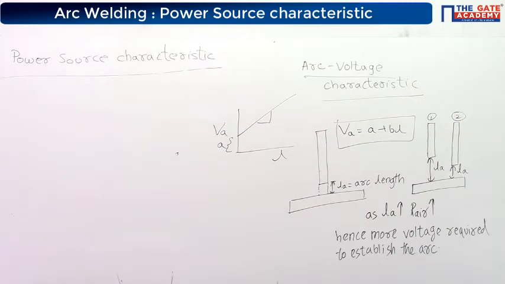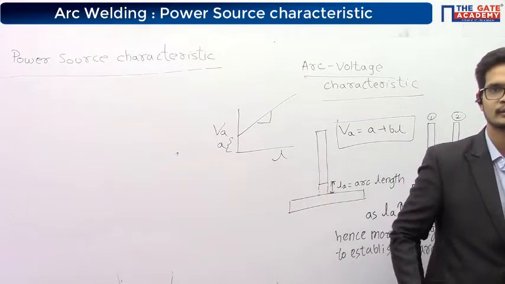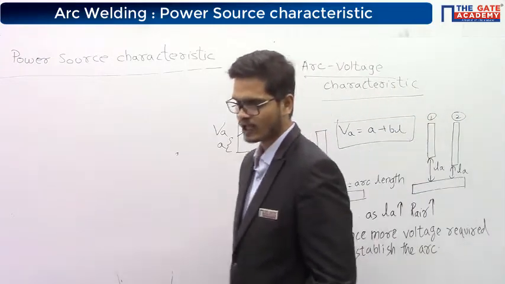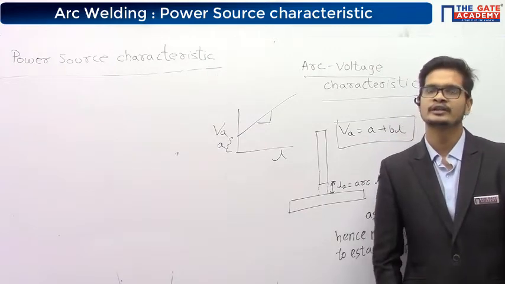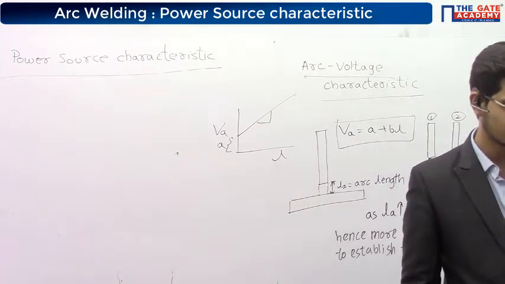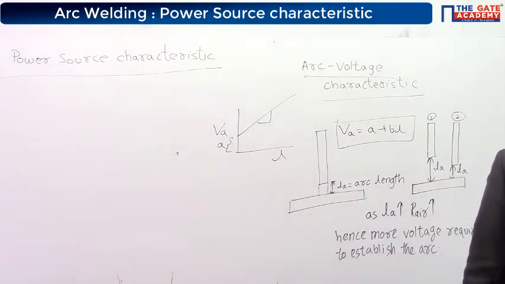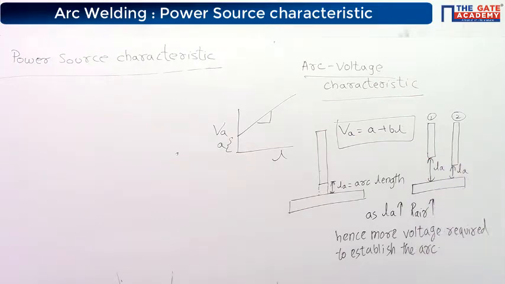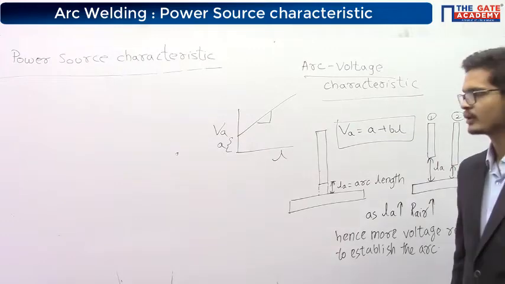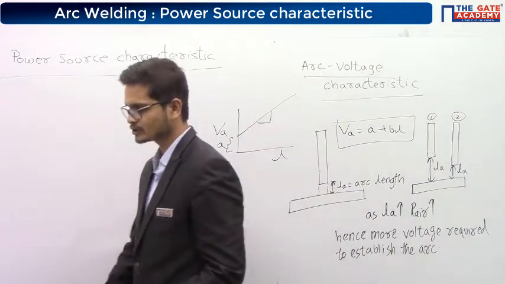And if the arc voltage keeps on changing, the current will keep on changing. Hence we need a power source